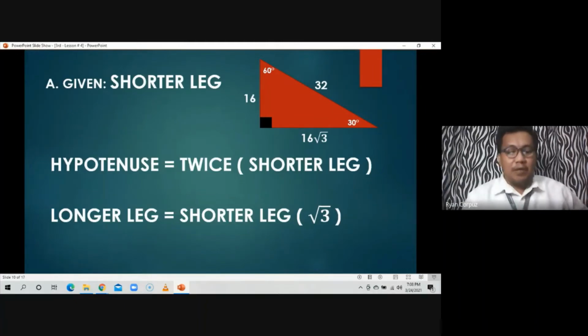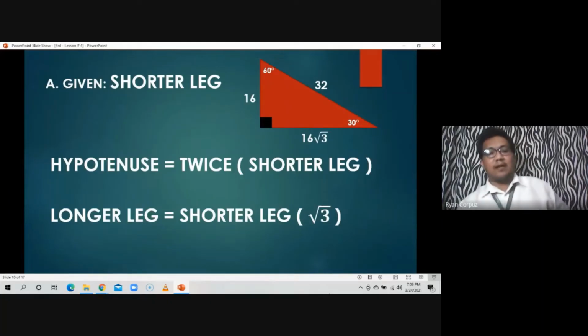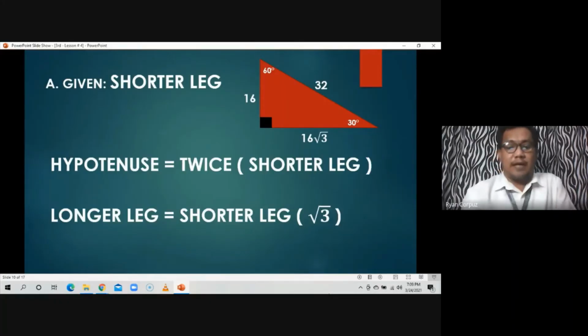So, malalaman mo lang yon kapag given in any of the two measures of these angles. So, not enough na 90 degrees lang yun, dapat may 30 degrees pa. Or, dapat may 60 degrees pa. Usually, isa lang ang nilalagay para ma-identify natin that special right triangle. That is first if your given is the shorter leg. Next,